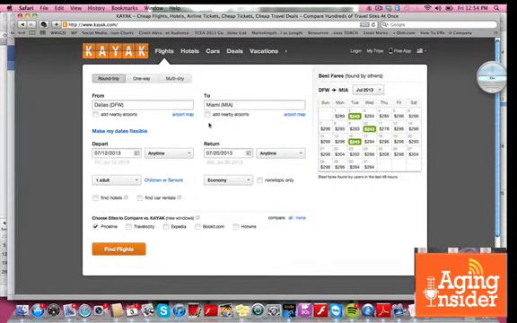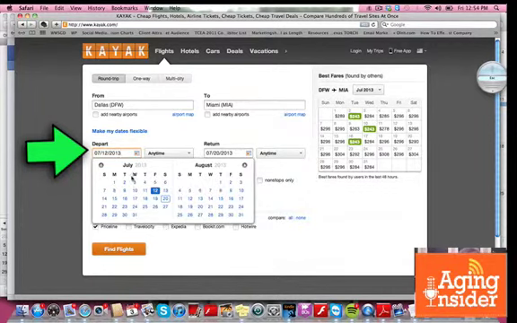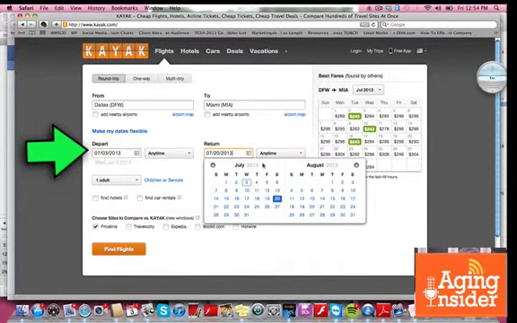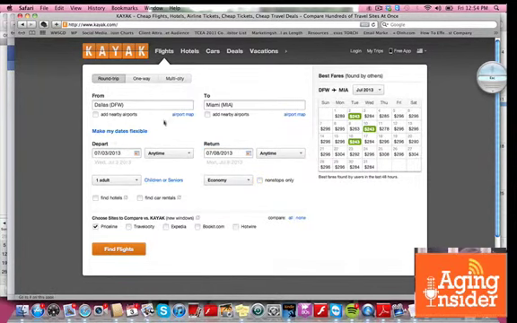Okay, next step is, well, when do you want to go? So let's say July 3rd through July 8th. And it automatically brings me from one field to the next. It knows, hey, you've got to return. And the anytime is, I can actually select a specific time, but you know what, there's only going to be so many planes. I mean, there are a limited amount of flights going out on a particular day, so I always put anytime. I want to see all my options possible.